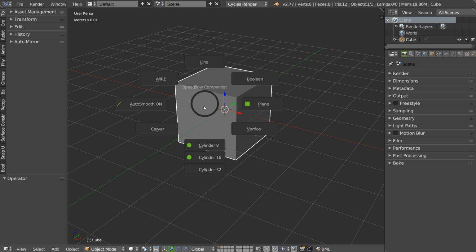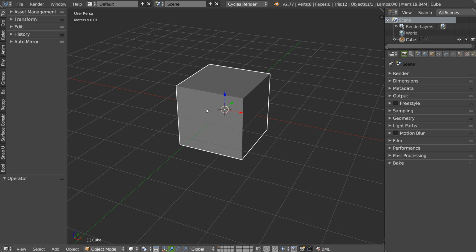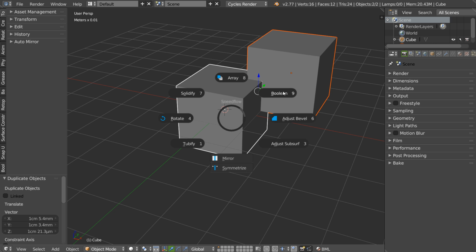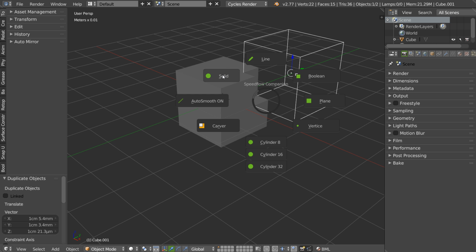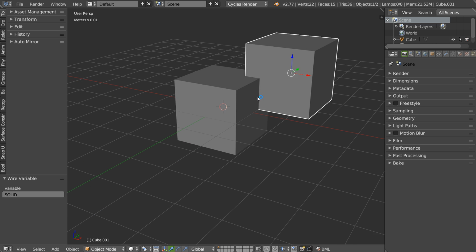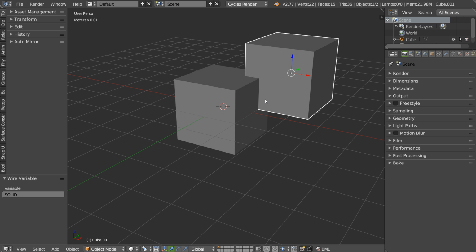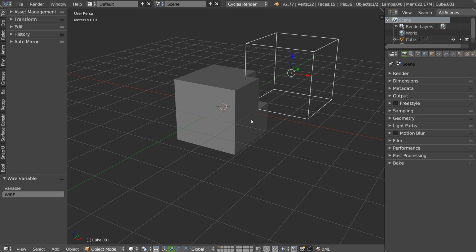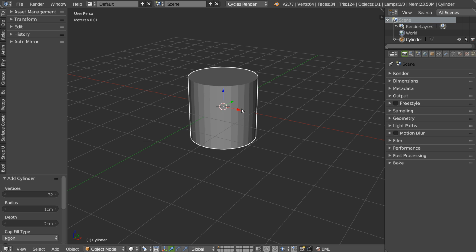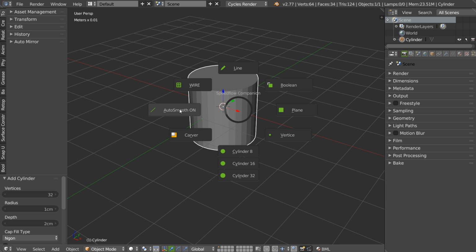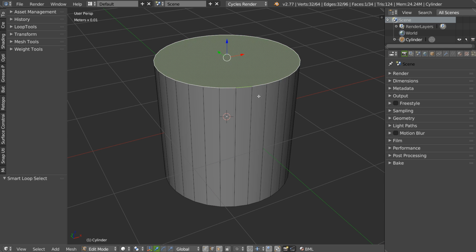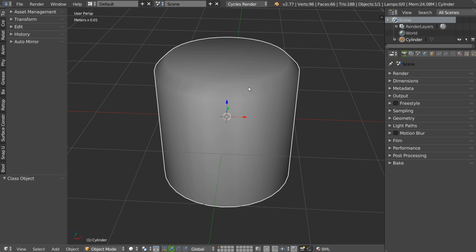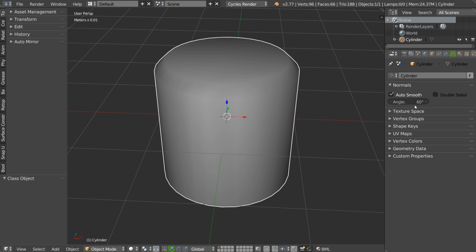So in the pie, I have the line. You have also, for example, if you make some Boolean, if you apply it, the possibility to place it in solid, or in wire, as you want. You have the possibility to create an AutoSmooth directly. As you can see, I'm in AutoSmooth, Control B. Yep, and the AutoSmooth is here.